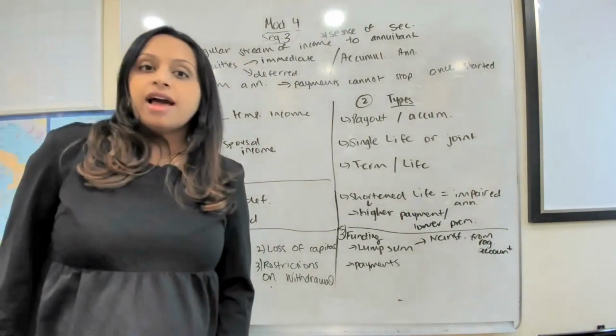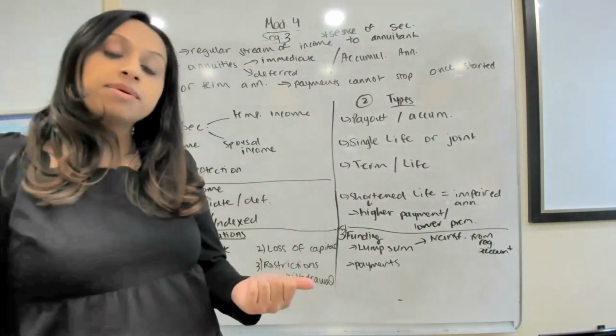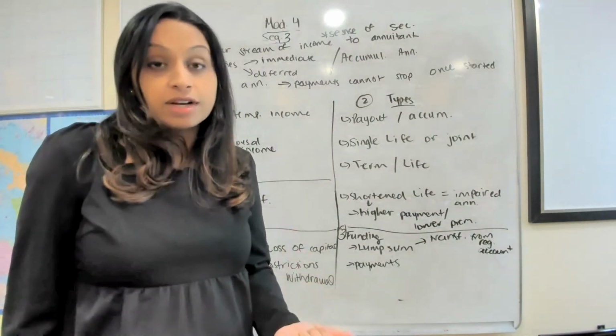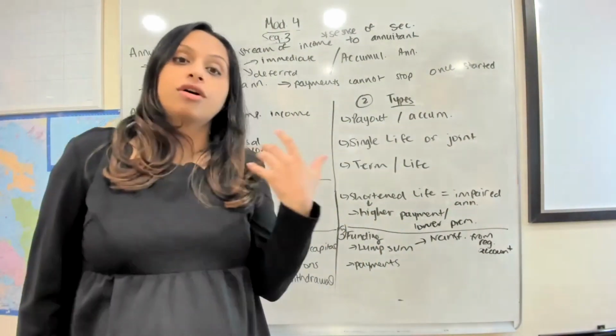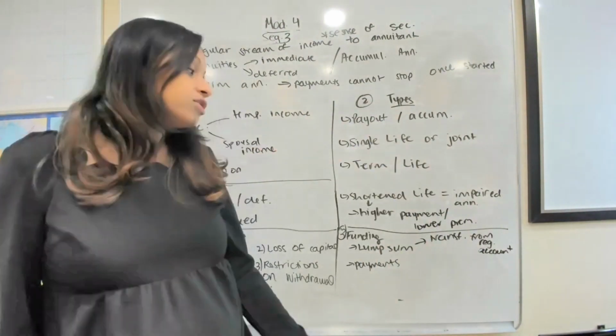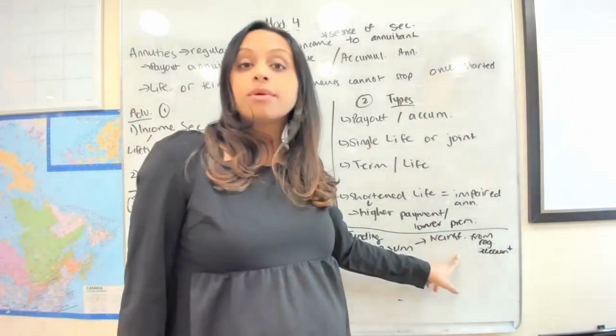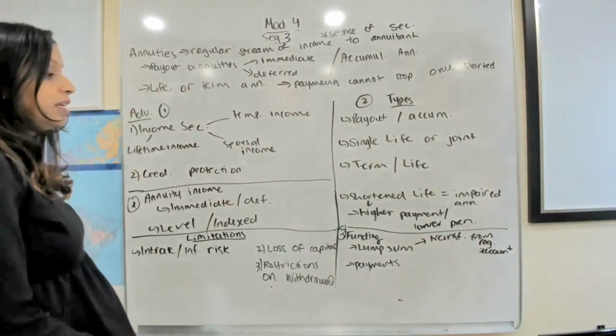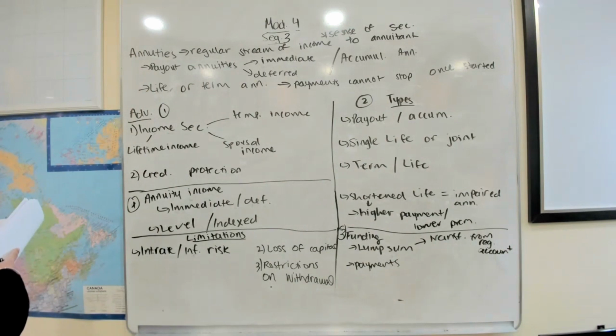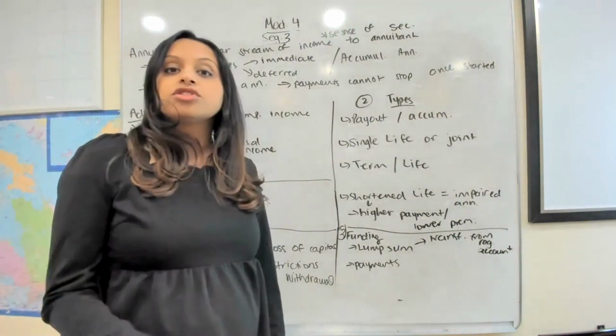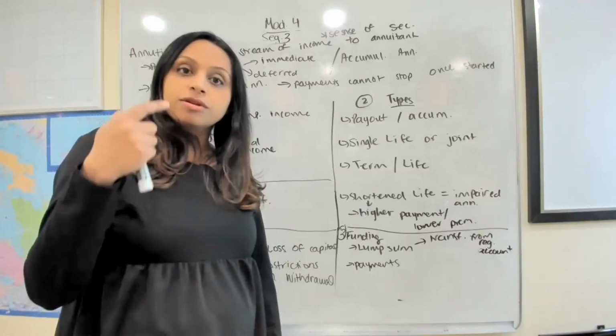Now, how do we fund the annuity? How is it funded? Like I said, you can do a lump sum payment. Maybe they've inherited some funds from a parent or grandparent, and they can purchase an annuity. What if they don't have any funds that they've inherited? They can also transfer from a registered account. If they have money sitting in, let's say, their RRSP or any other registered account, they can definitely transfer from an RRIF, any of those accounts. They would be able to just transfer those funds over, and that can be used to pay for the annuity.